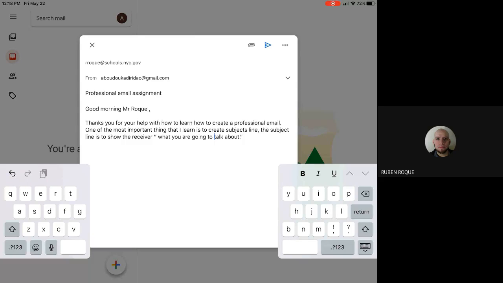Now the next takeaway that you took from the lesson, you said, what was it? The body of the paragraph, or what was the other part?